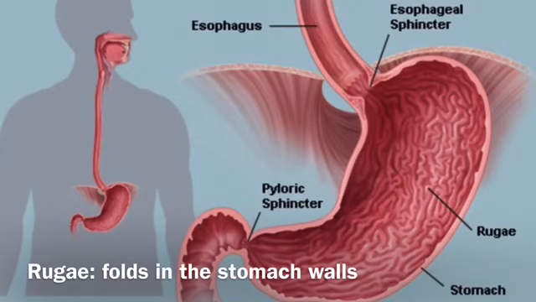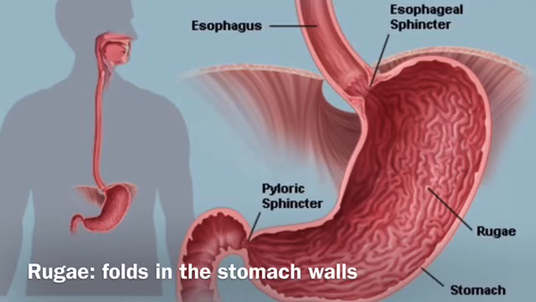Inside the stomach, gastric glands are present, which produce a digestive enzyme called pepsin, which digests protein. It's a protein digesting enzyme. This protein digesting enzyme works only in an acidic medium. That is why the gastric glands also produce hydrochloric acid. But the inner lining of the stomach is protected from the action of the acid by mucus, which is produced by the mucous glands, which are also present inside the stomach wall. That is the inner lining of the stomach.